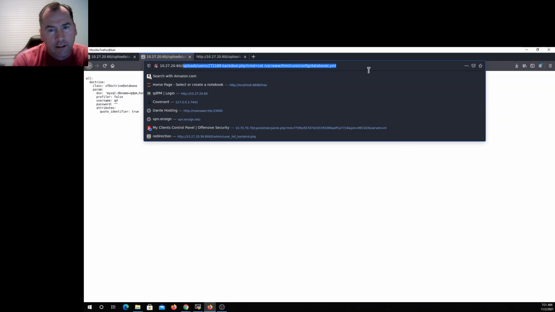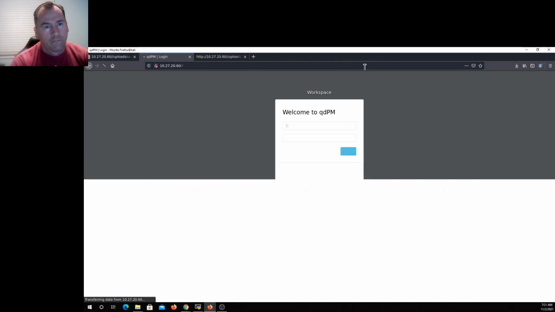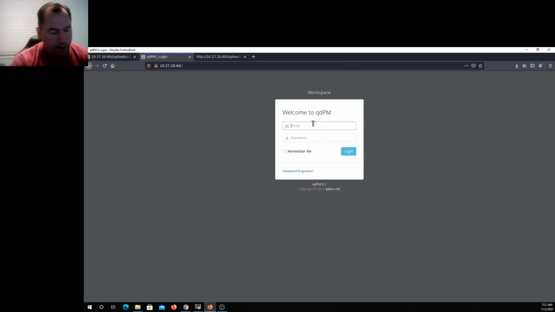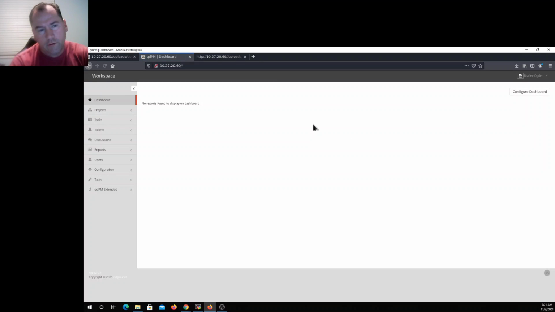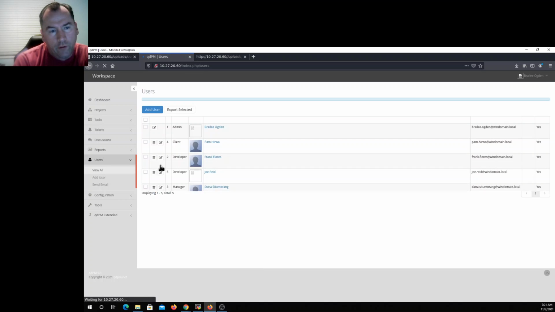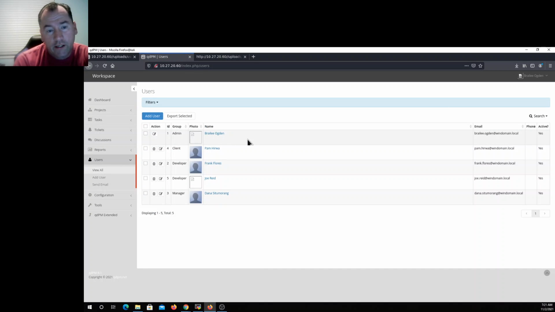and logged into QDPM, and we have the Braille Ogden user, with the winter 2022 password. And we can come down to users and we can say view all. And we can see that there's a Braille Ogden, Pam Hirwa, Frank Flores, Joe Reed, and Dana